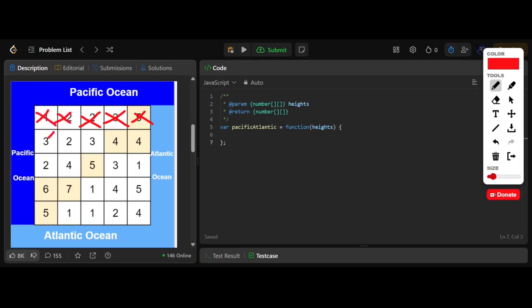All these cells neighbor the Pacific Ocean, and it's these cells over here that water can come into the island from. And we can do the same for the Atlantic Ocean. So all these cells neighbor the Atlantic Ocean,